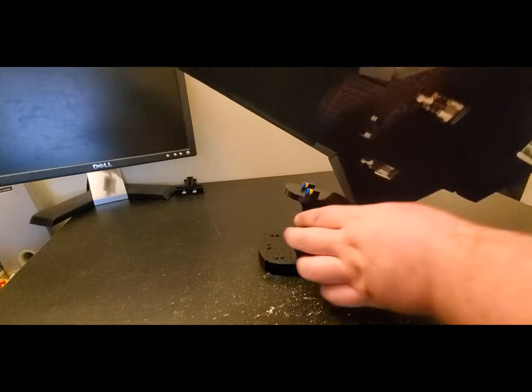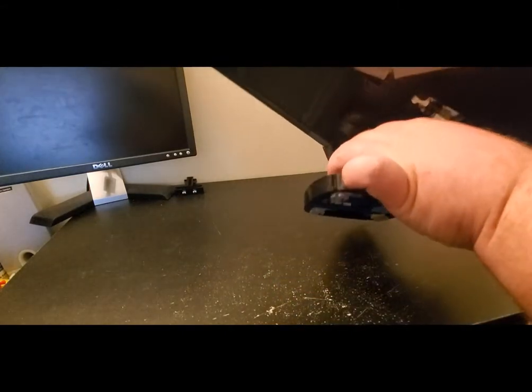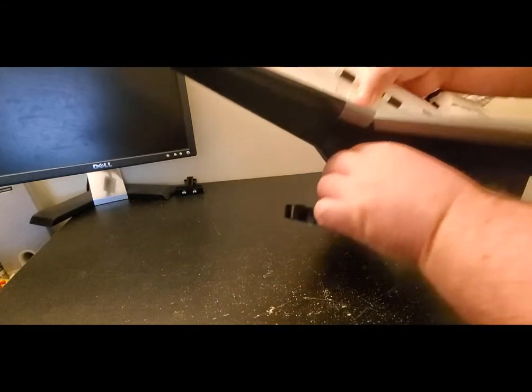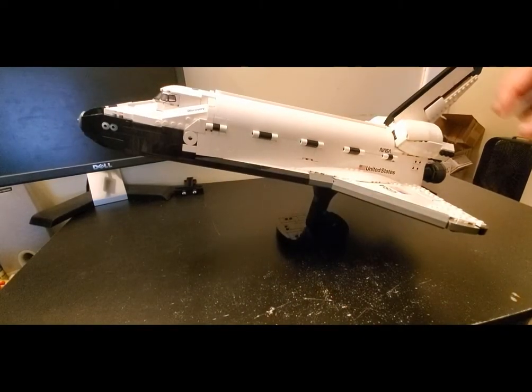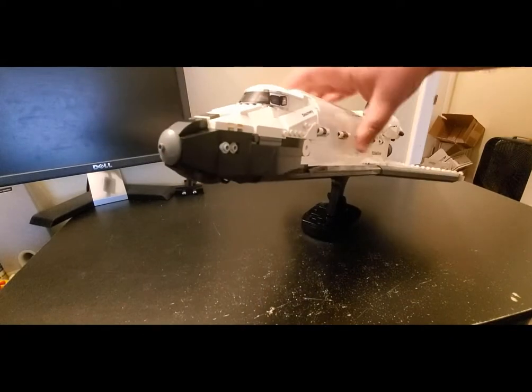So let me go ahead and actually show you how this fits on here. There's a couple of little places here where this actually just settles right in. I'll get it lined up properly. There we go. And you heard that little click. And there it is. So, from the front here,